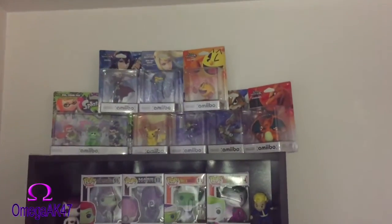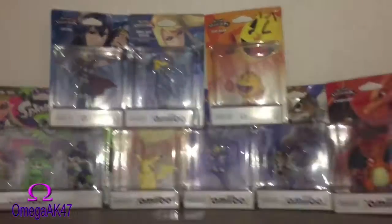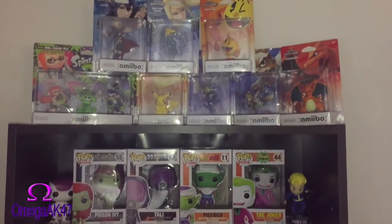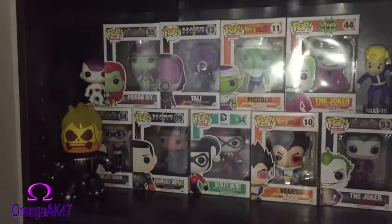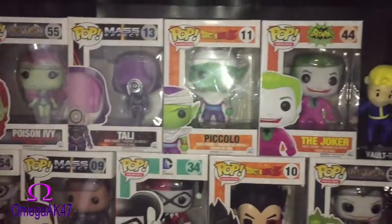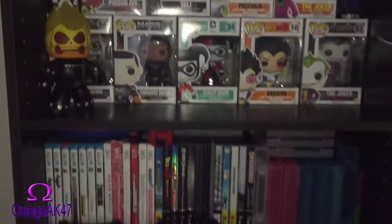Alright, let's first start off with our Amiibo collection. Not the greatest, but we do have a few. Then we're starting off some Pop figures, some random stuff. Ghost Rider, we got Frieza, a couple other cool things, the little bobblehead guys. So we keep going down